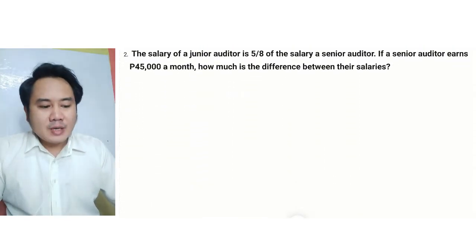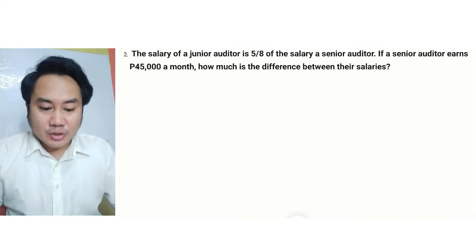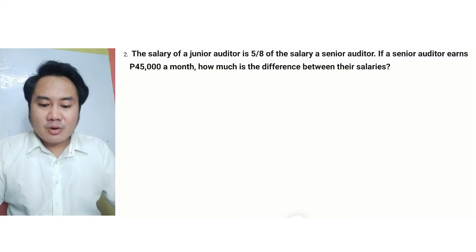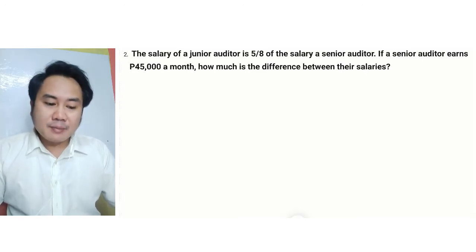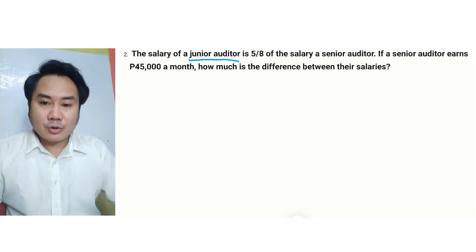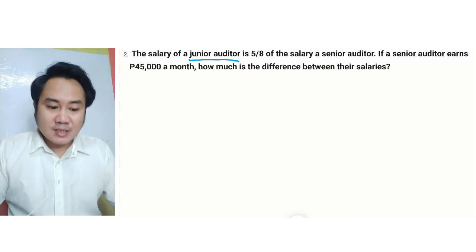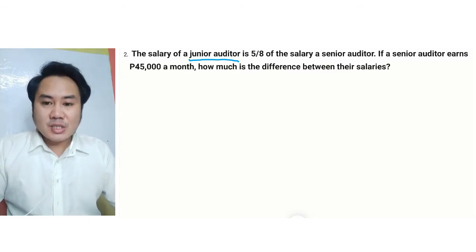Number 2, the salary of a junior auditor is 5/8 of the salary of a senior auditor. If a senior auditor earns 45,000 pesos a month, how much is the difference between their salary? Ang una natin gagawin, alamin muna natin kung magkano ang sweldo ng junior auditor. And according to the problem, it is 5/8 of the salary of the senior auditor, which is